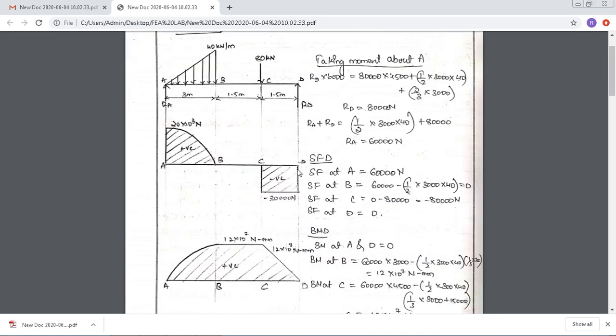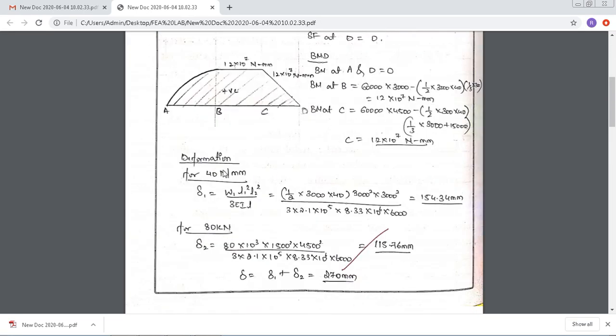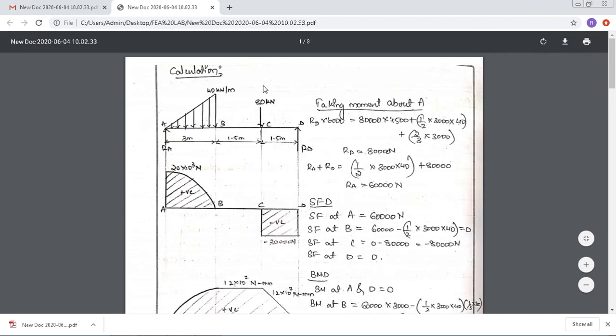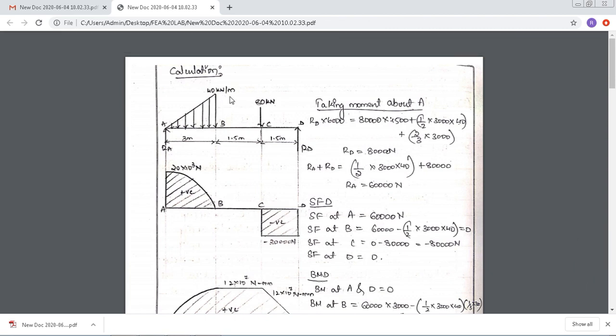Okay, if we consider the calculation part, first I'll come to the deformation. Here there are two loads. One is the uniformly varying load, 40 kilonewton per meter. I need to convert this into a point load, and there is one more point load, that is 80 kilonewton. I need to find the deformation delta 1 with respect to the 40 kilonewton per meter load, and the deformation delta 2 for